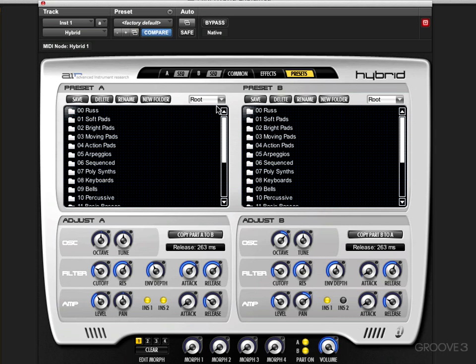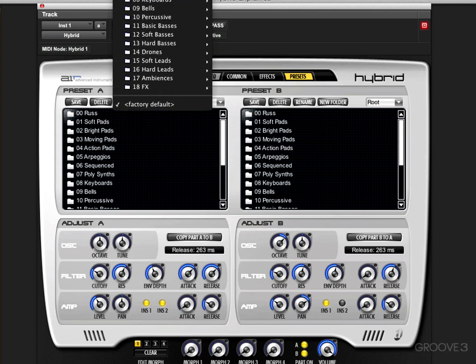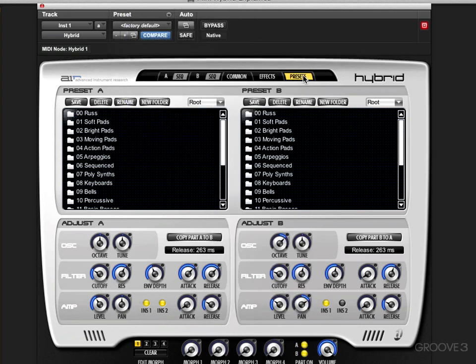Now what you can then do while we're looking at presets is you can go and use the preset patches that are part of the GUI, the GUI that comes with all Pro Tools plugins up here. And as you can see, there's already lots in here. Now the difference between these presets and these preset patches here is you'll save the whole state of Hybrid. Right now you're saving a preset from either side, which is quite good for auditioning. But if I wanted the whole thing saved, so this sound,